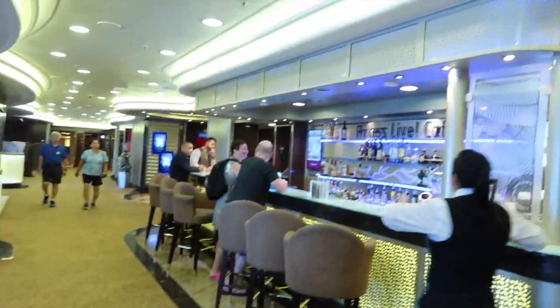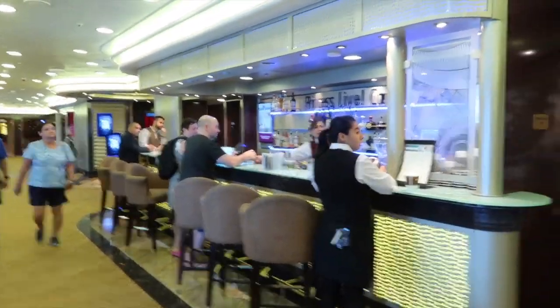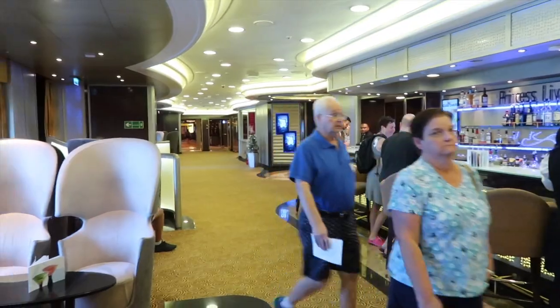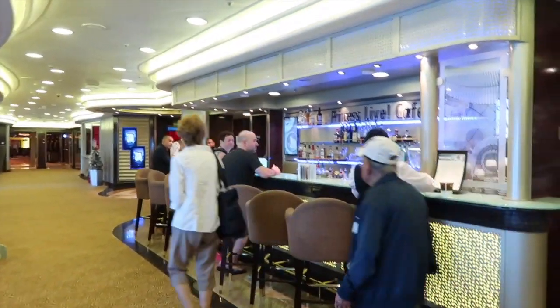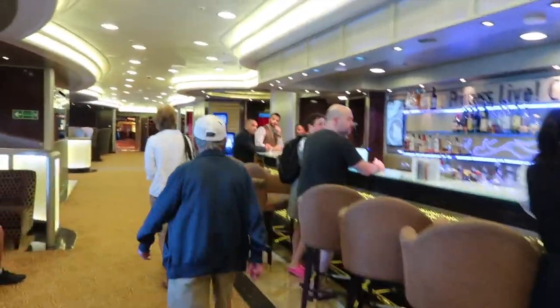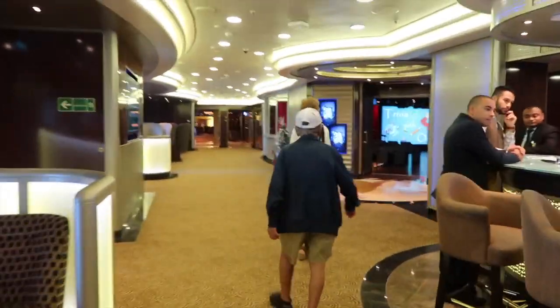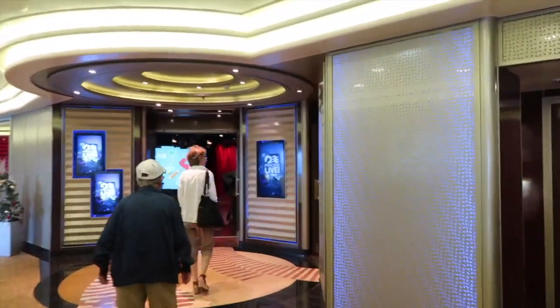This is the Princess Live Bar, outside the Princess Live TV studio. On our last cruise, we spent a lot of time at this bar because this is where our friends that we made hung out every single night. We befriended the bartender and had a great, great time. This year, we haven't spent any time at this bar, but the reason it's called the Princess Live Bar is